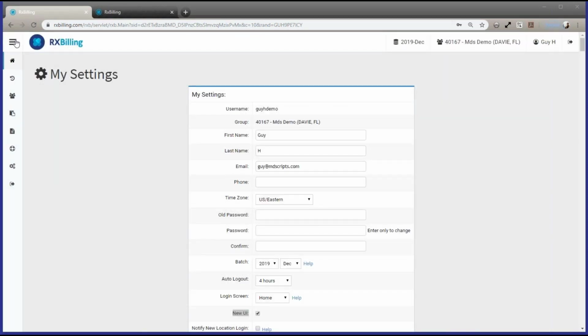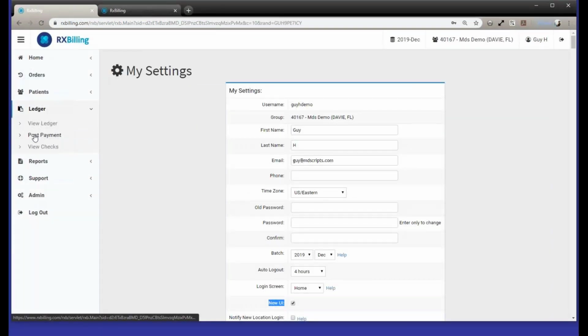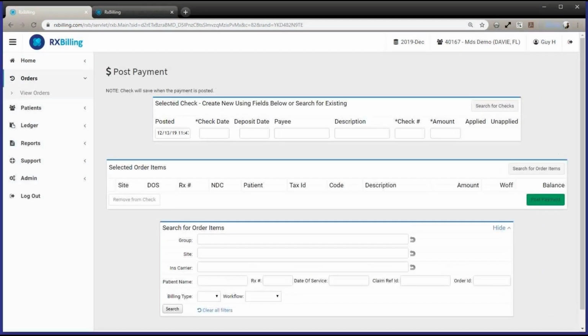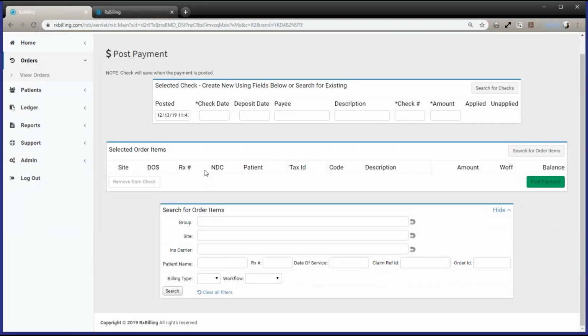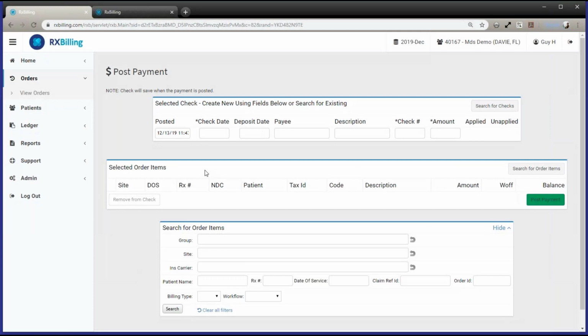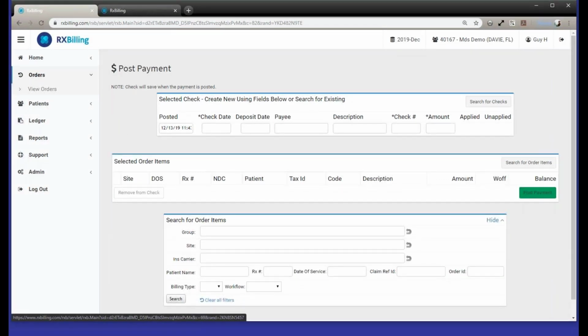Post payments, somebody was asking about that. So under the ledger menu option, there's a post payment link here, and that's the one that allows you to start from a blank payment, and then you can search and add items to that check that you're going to post. If you're posting a work comp, auto PIP, or personal injury payment that's just a single check per claim,